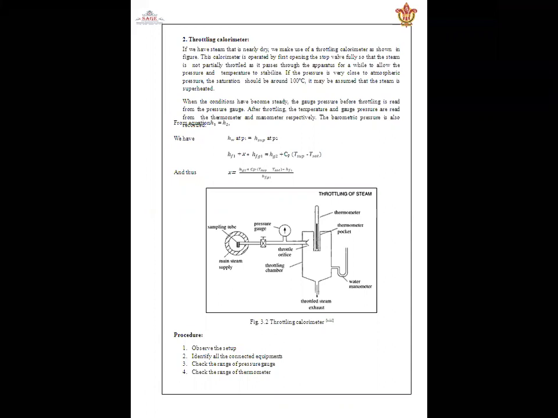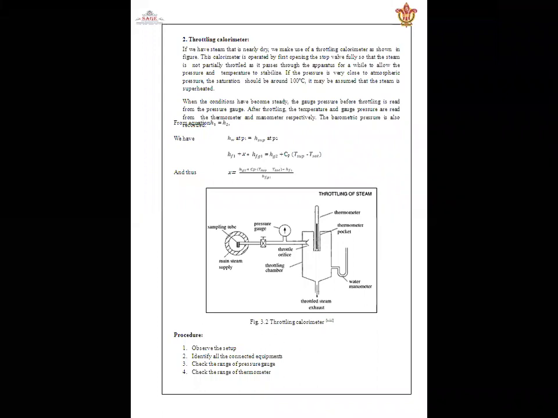That is called a throttling device, in which, during the throttling process, enthalpy remains constant. So when the steam is passing through this device, the throttle valve is regulating the steam supply. Before the expansion, the enthalpy of the wet steam is hf1 plus x into hfg1, having the dryness fraction which is to be measured, and after the expansion in the throttling device, this is the enthalpy of steam which will be superheated.